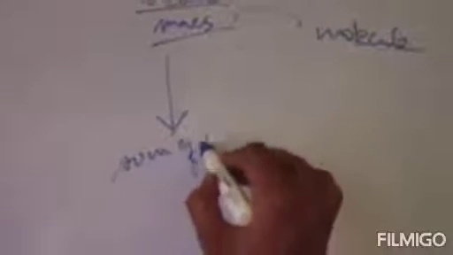So the molecular mass of a substance is the sum of the atomic masses of all the atoms in a molecule of the substance. That means a molecule is a combination of atoms. So in a molecule there are various atoms. That means a molecule is actually a combination of atoms. So the molecular mass of any substance is the sum of the atomic masses of all the atoms present in the molecule.